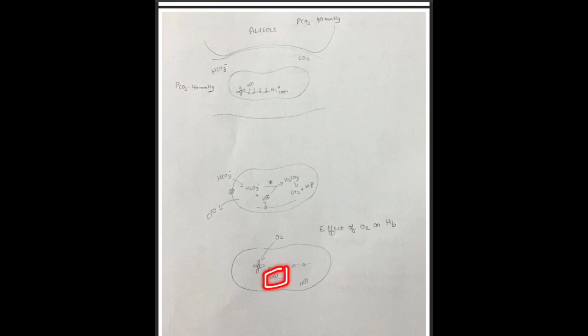When oxygen molecule enters the RBC, hydrogen ion also gets detached from the hooks of the hemoglobin and it will go separately into the RBC. So this effect of oxygen and hemoglobin is known as Haldane effect. Binding of oxygen with hemoglobin tends to displace carbon dioxide from the blood. So if the same thing happens in peripheral tissue, it is known as Bohr effect.